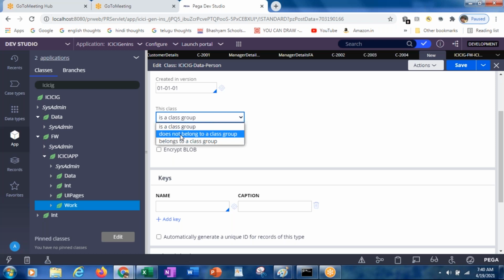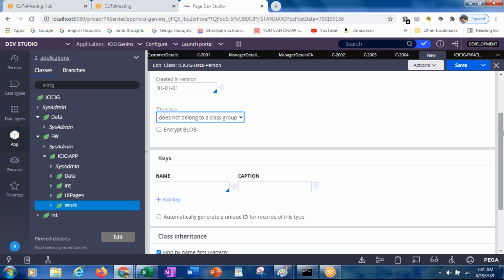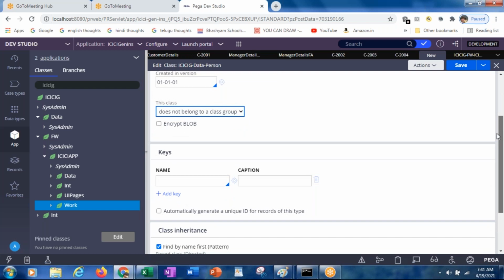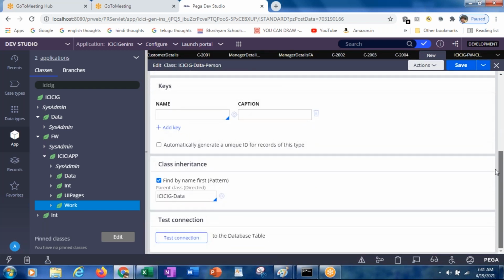The name itself says class group: a group of classes mapped together. If you select does not belong to a class group, it will not be saved in the same database table.